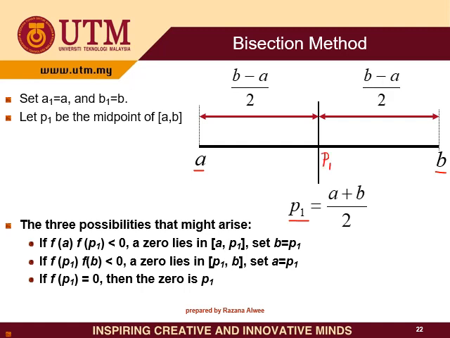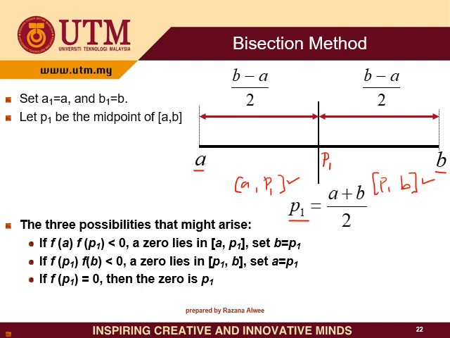This is your P1. So you have two new intervals. Before this, you only have A and B. Now we have two new intervals, A, P1, and P1, B. Now next, which one do we need to choose, this interval or this interval, to find our